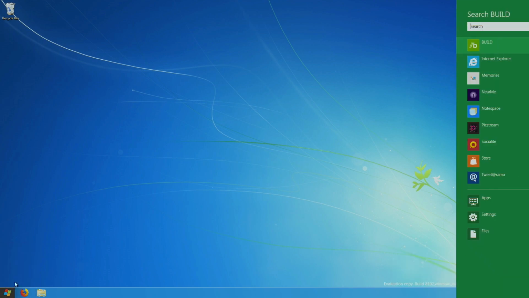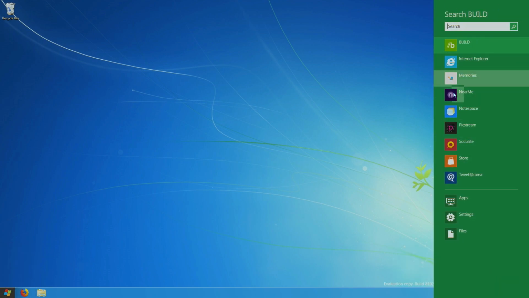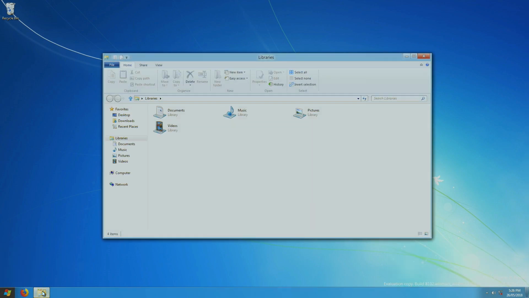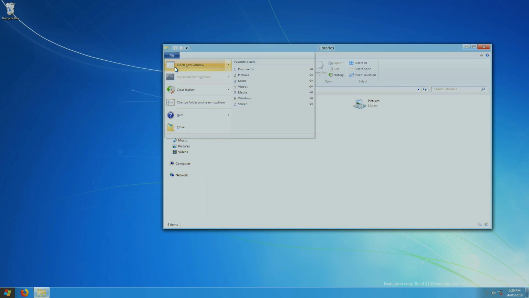So here you have search. Still brings up the search bar. So you can see that they developed a lot of the Windows 8 features. Now, one thing to note is, yeah, it still looks a lot like Windows 7. For example, the ribbon bar in Windows Explorer is still a lot like Windows 7. It has the yellow highlight, it has the